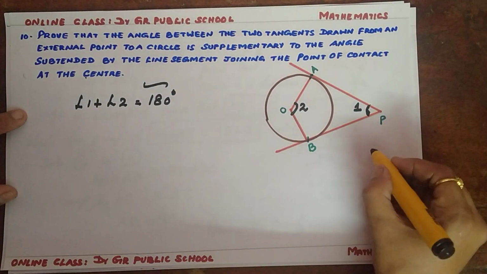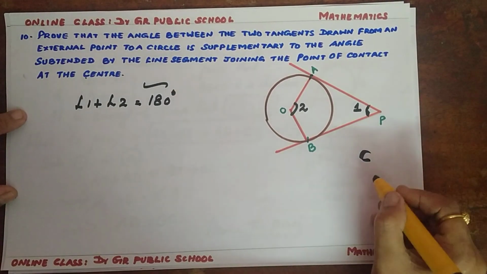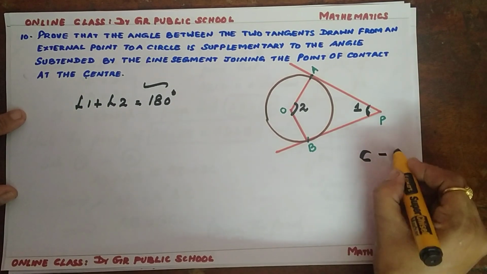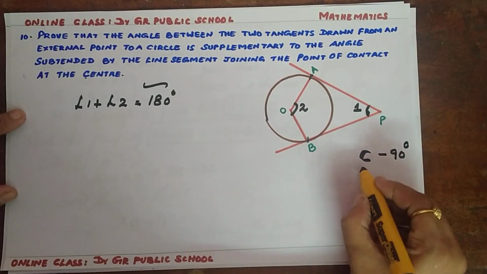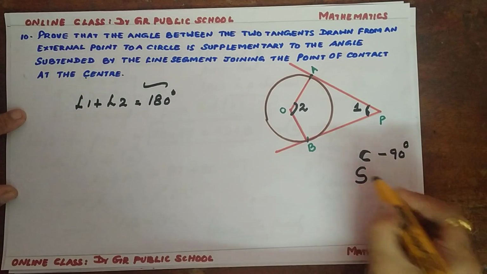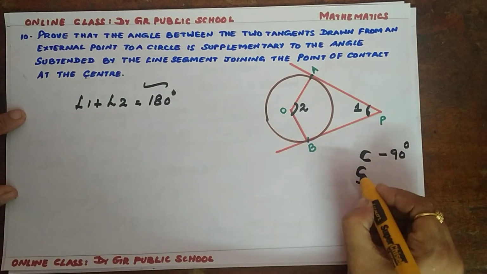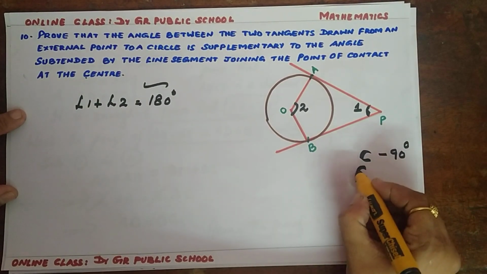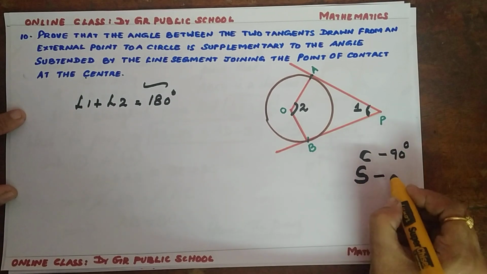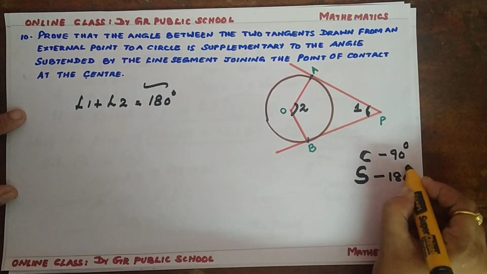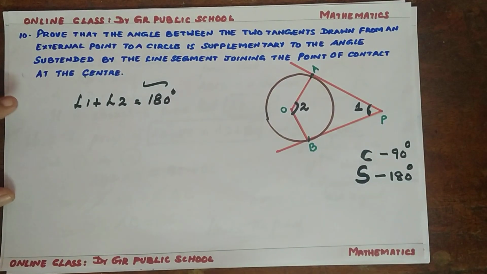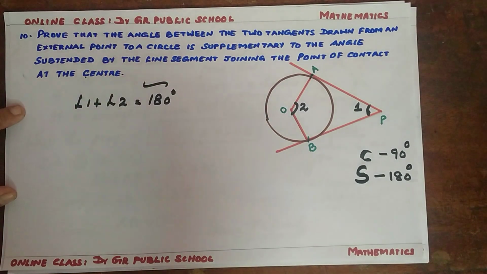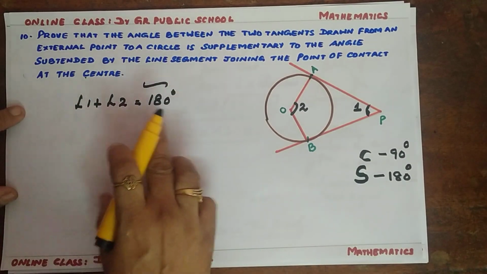You can easily remember that C means complementary. Complementary means 90 degrees. Supplementary means 2 C's are there: 1 C is here, 1 C is also here. So C is 90 plus 90, which is 180. Don't forget, a supplementary has two sides, so it is 180 degrees. So you want to prove angle 1 plus angle 2 is 180 degrees.